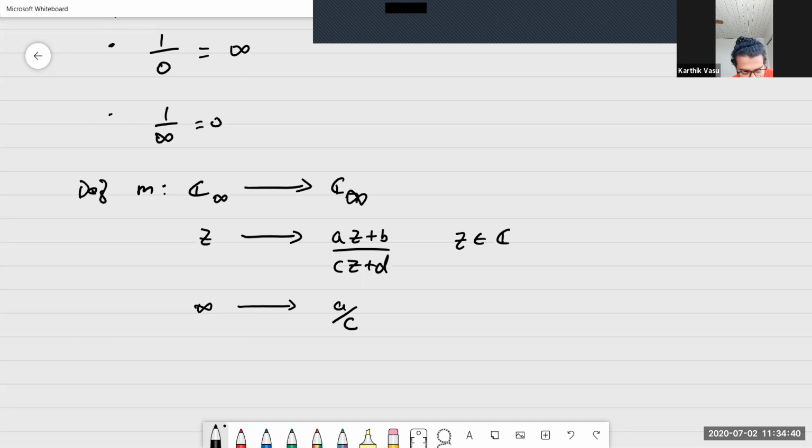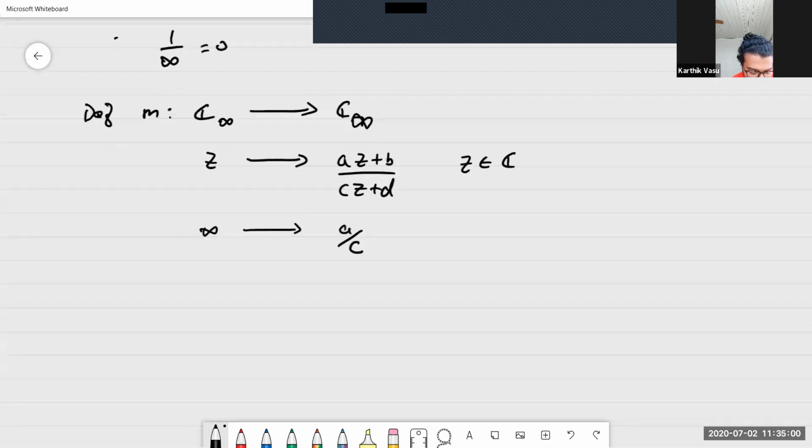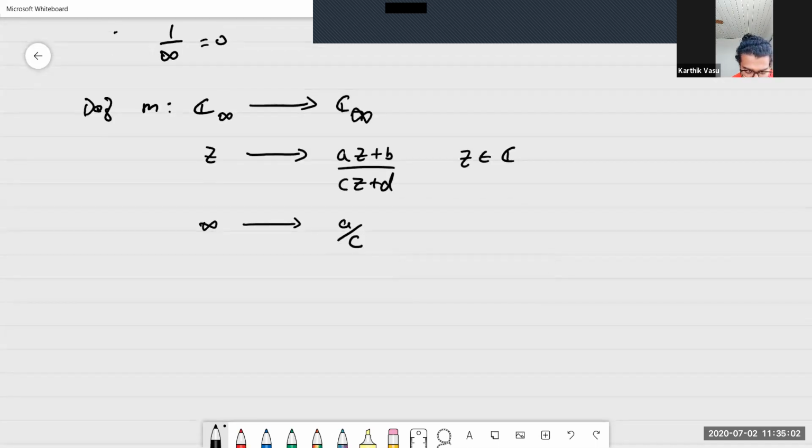So for the Mobius transform, for any Z in the complex plane, I will define it to be (AZ+B)/(CZ+D). And I will also have to define it on infinity. So on infinity, I will just take the coefficients A and C, the coefficients of Z. I will just take those. The other ones I will leave out. Okay. So by defining it this way,